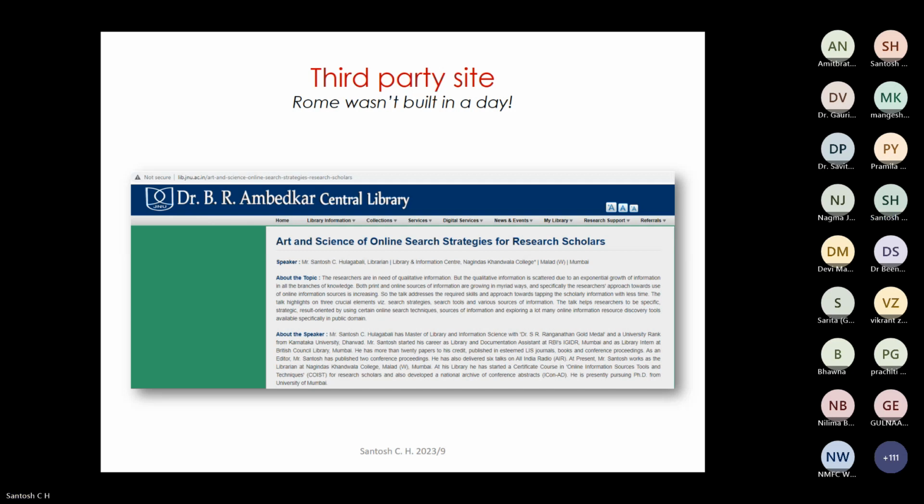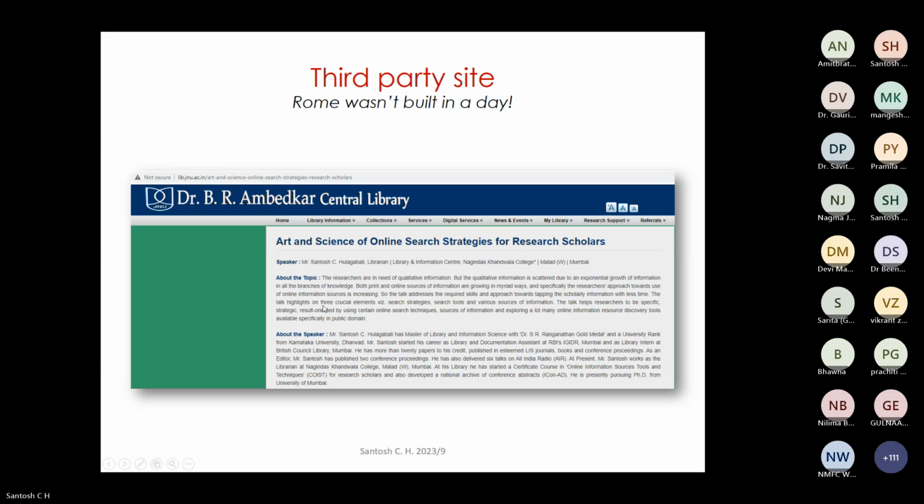What you can do when it comes to third-party websites? How will a third-party website really add some value to your own profile? Let me give you an example. I have already taken your permission that I will be sharing my own examples. In October 2013, I delivered one lecture in JNU, Jawaharlal Nehru University, Delhi. So they have uploaded these particular details: the title of the talk, who presented it, what the topic is all about, and about the speaker. So they uploaded my profile, including all these details, on their website,